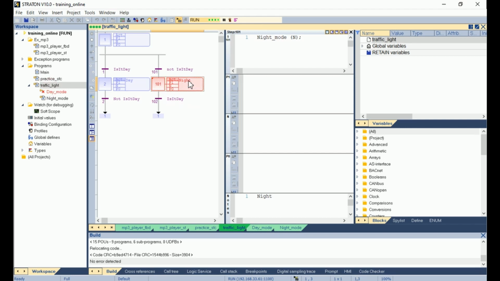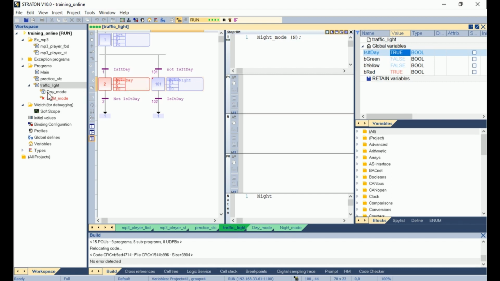We see that the night step here is active. Now if I set the ExitDay variable to true, I should go into this branch of the SFC and then activate the day mode SFC. Okay, I see here that I have activated this step, so I have activated the day mode.